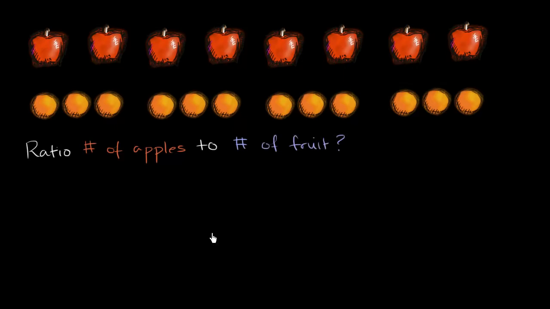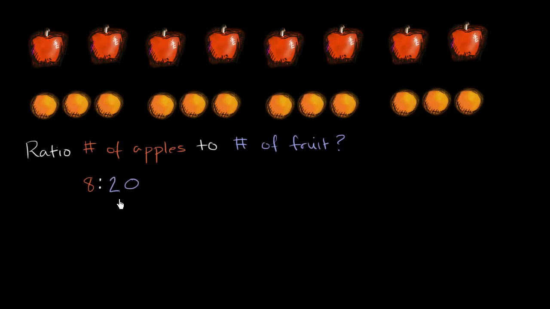Well, how many total apples do we have? We have 2, 4, 6, 8 apples. So we're going to have 8 apples. And then how much total fruit do we have? Well, we have 8 apples and we have 3, 6, 9, 12 oranges. So our total fruit is 8 plus 12. We have 20 pieces of fruit. So this ratio is going to be 8 to